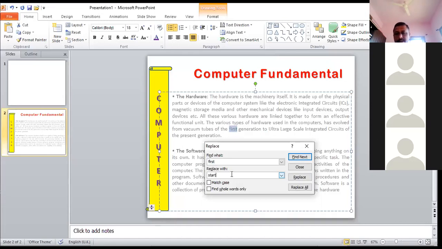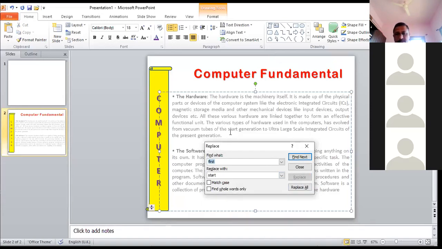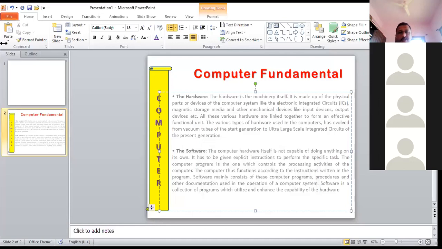Then what I will do there, I'll click on replace, or replace one text we have to change there, we can go for click on replace. Okay, now the change is completed. Then here appears start, so you can change it. So this is the way you can apply all the commands which are given in the home tab, and you can complete your task.